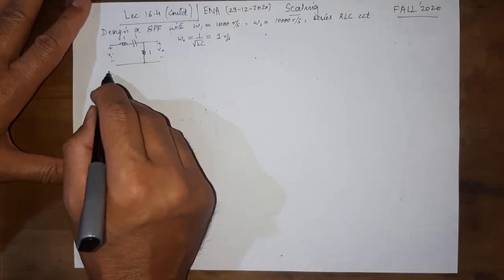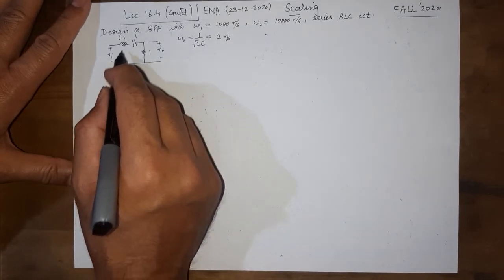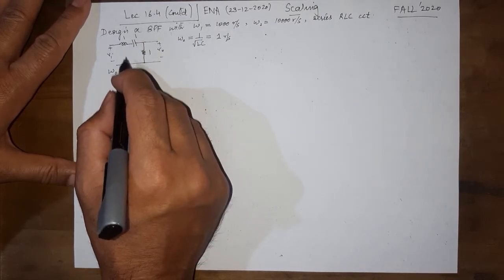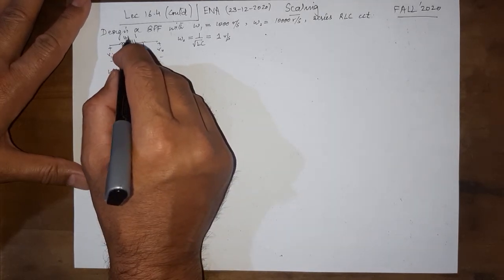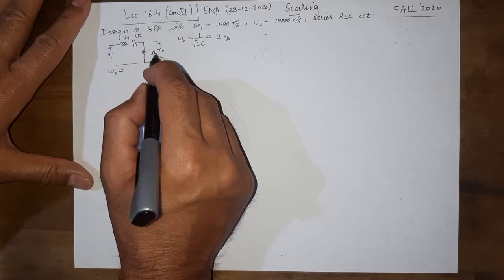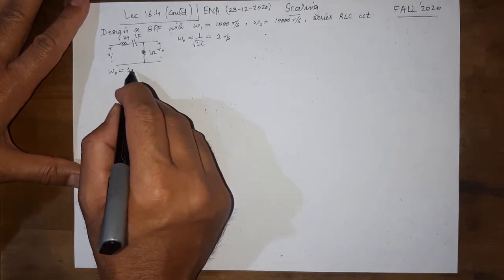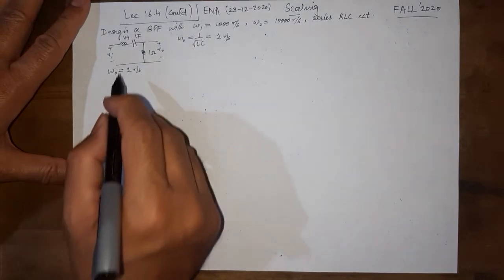So for this circuit, with all one-valued components, 1 Henry, 1 Farad, 1 ohm, they are not practical values. The center frequency is 1 radian per second,